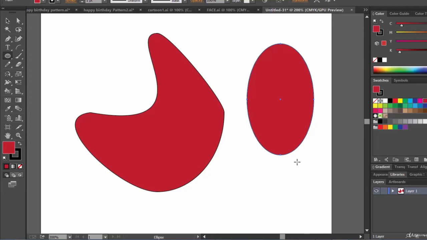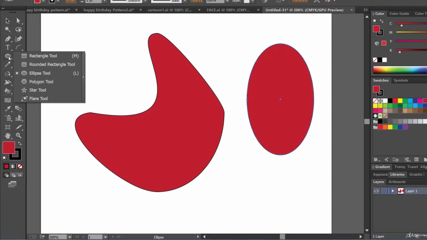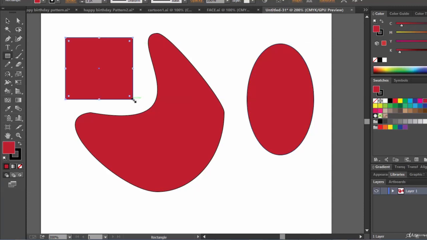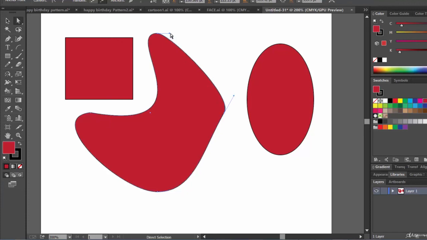And an anchor handle may or may not be there on a path depending on a condition, that is whether that path contains any curve or not. For example, as we have seen, in the case of rectangles we didn't see any anchor handle, right? Because these are straight lines and we don't have any curve here. But let's click on this path and see, we are having anchor handles.